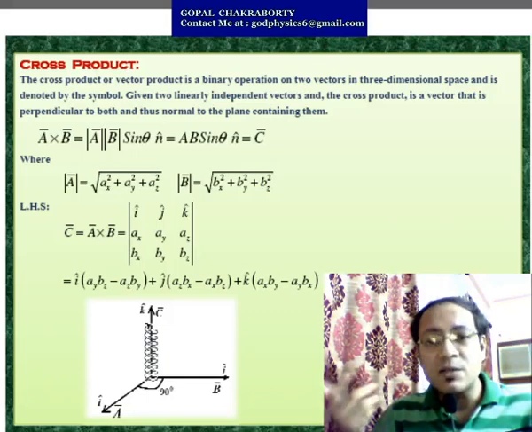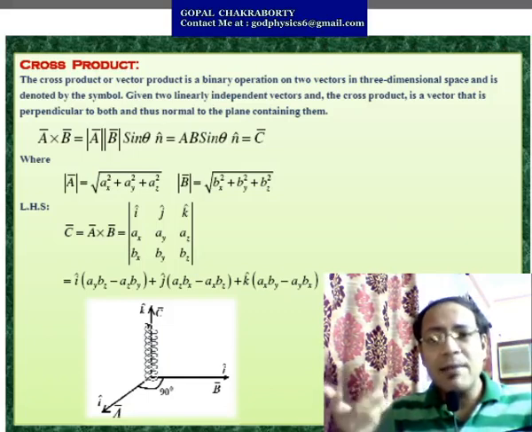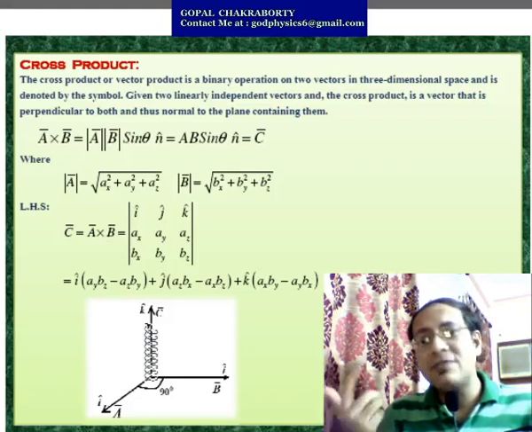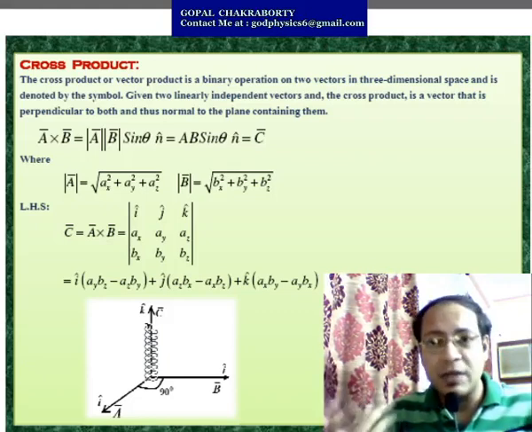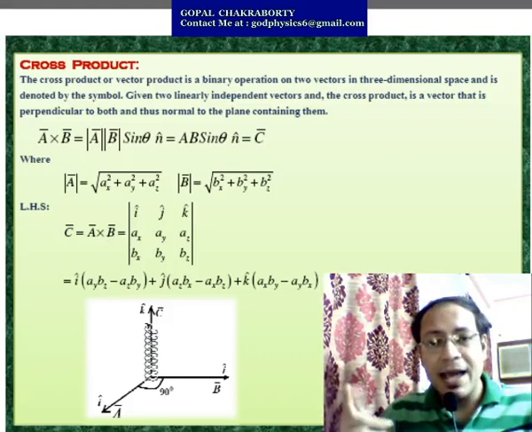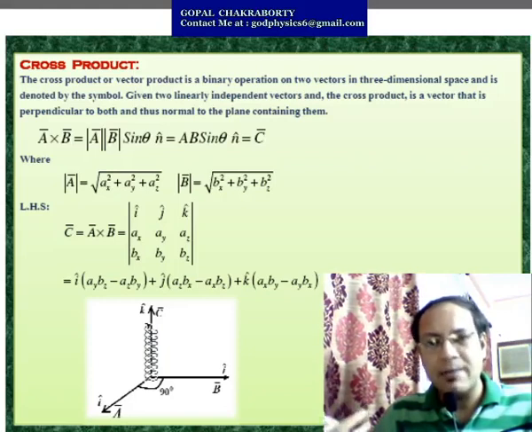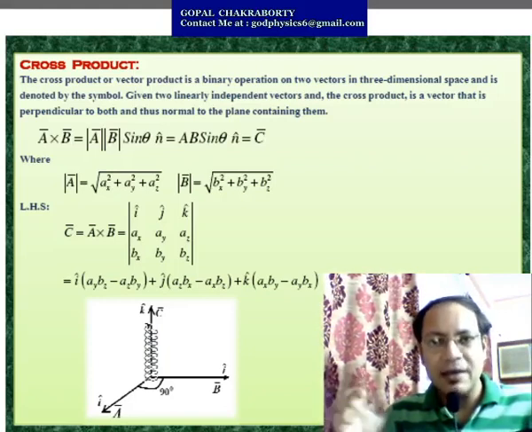That means the cross product of a and b, simply a cross b equals ab sin theta n cap, which will give you the direction of that new vector, which is perpendicular to that plane, and a and b are the magnitudes of vector a and vector b. So you have already learned how to find the magnitude of vectors a and b, I hope.